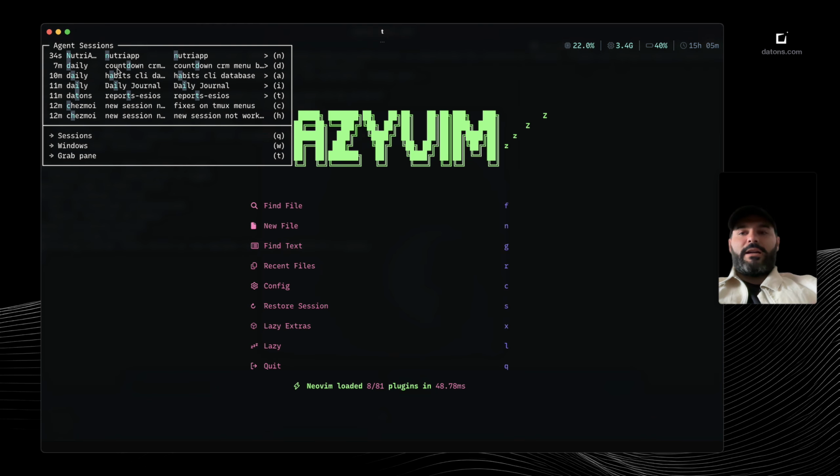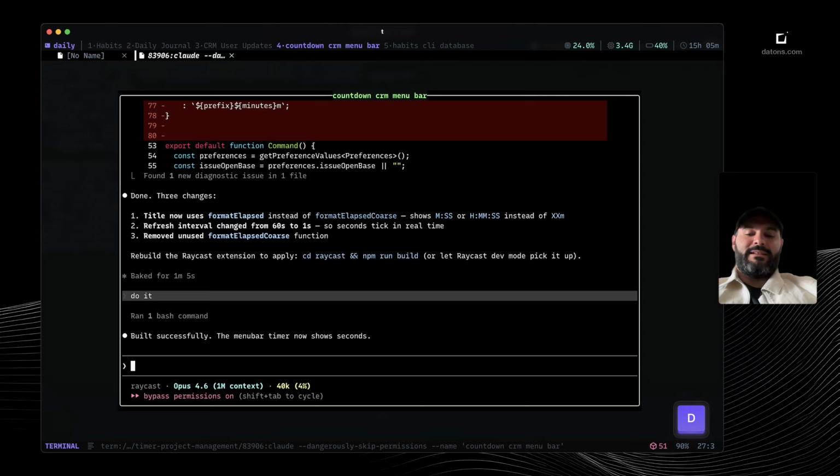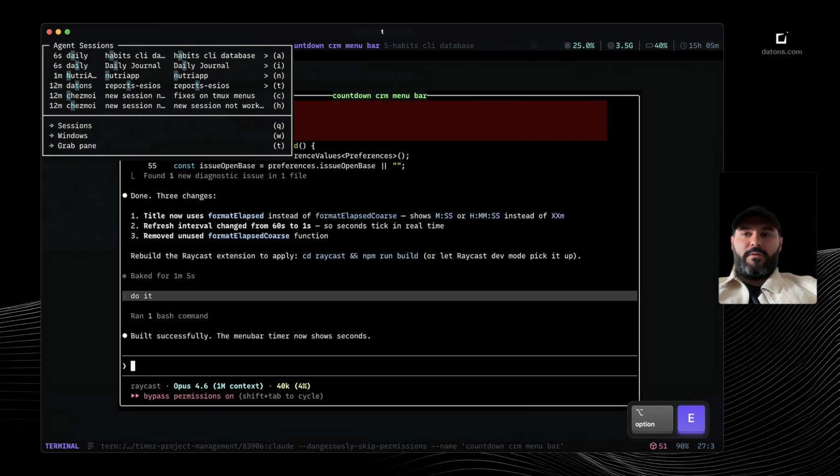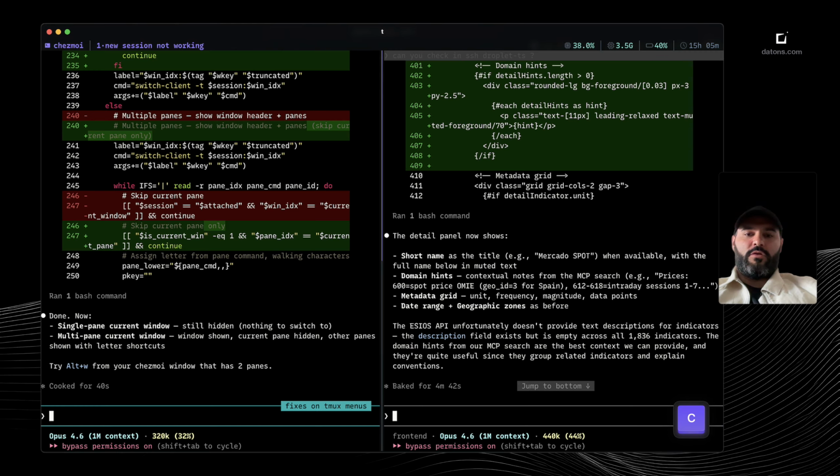And if I now, for example, press the letter D, it takes me to the main window I was working on before. The same would happen, for example, if I go to Chemois, working on workflow optimizations, and this is a very fast way in these times, working with artificial intelligence, doing multiple tasks at once, to work comfortably between tasks across multiple Claude Code conversation sessions, or also across different